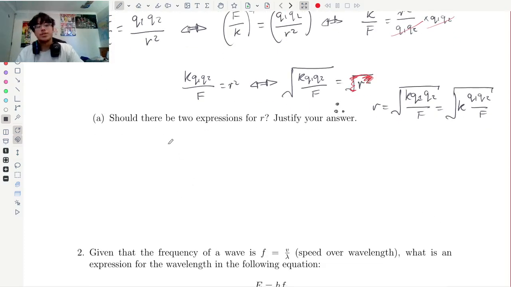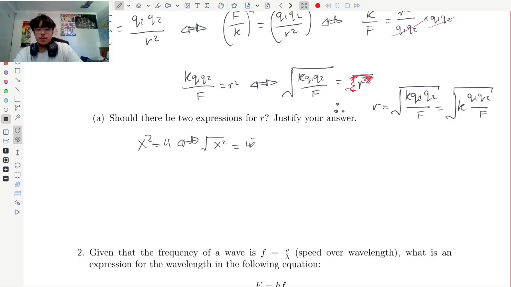Now, should there be two expressions for r? Justify your answer. So what we need to know is that when we take a square root of any number, say if we have the equation, x squared is equal to 4, and we want to know what value for x satisfies this equation, right? Well, I will take the square root on both sides,